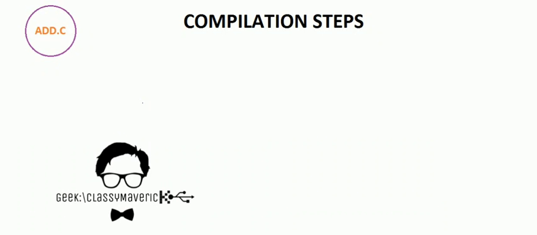Hello guys, welcome back. In today's video, I will be teaching you the compilation steps in C programming. Have you ever wondered how your lines of code get converted into an executable form? There are compilation steps which happen in the background when you compile and run the program. There are 4 compilation steps happening in the background, and the first step is